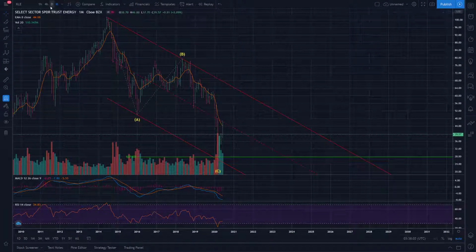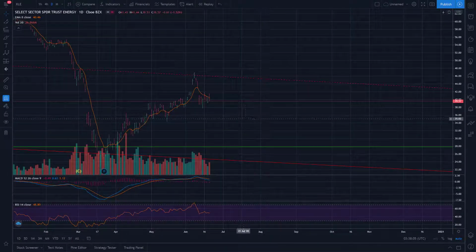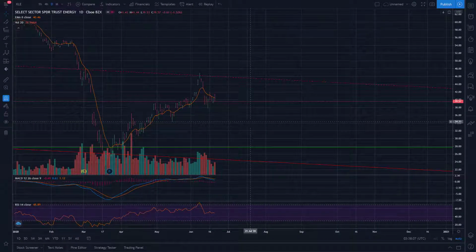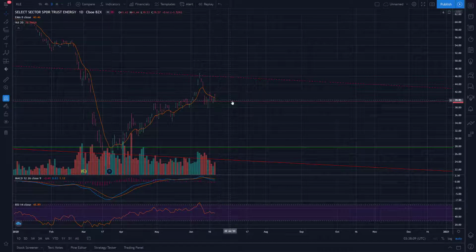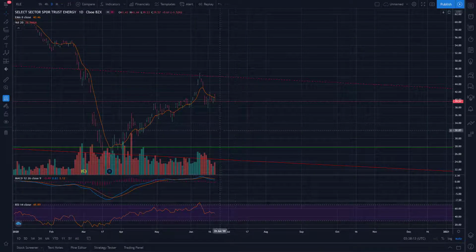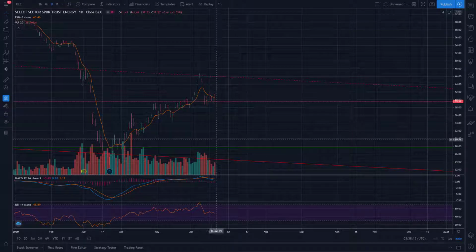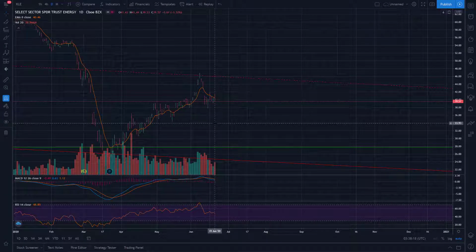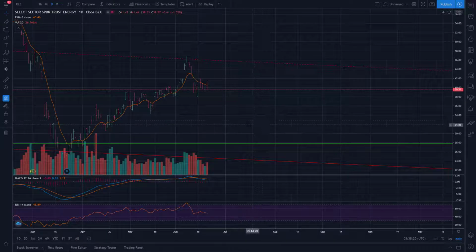But if you go into, let's say, the daily chart, of course, you want to try and get a reasonable entry, even if you are a longer-term player. You don't want to buy something and have it pull back 50% on you or something before it starts working for you. You try to be a little more precise than that. So looking at this daily chart here on XLE,